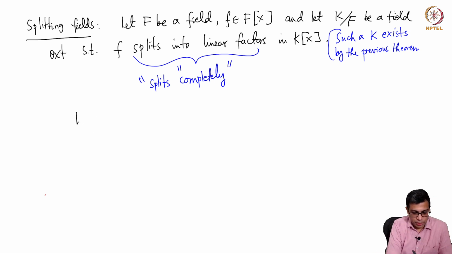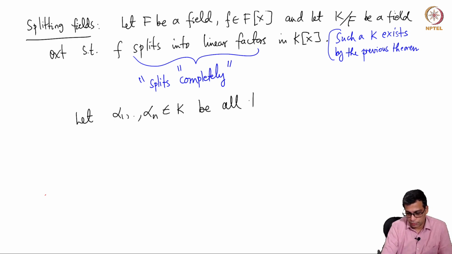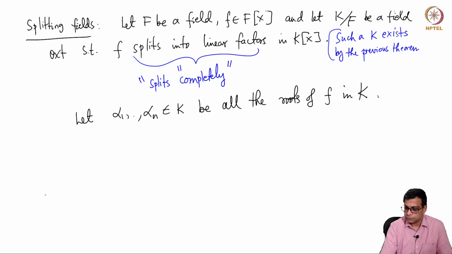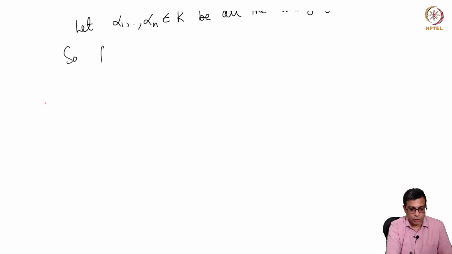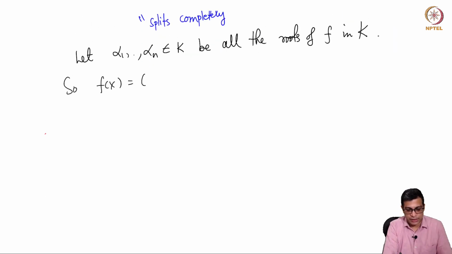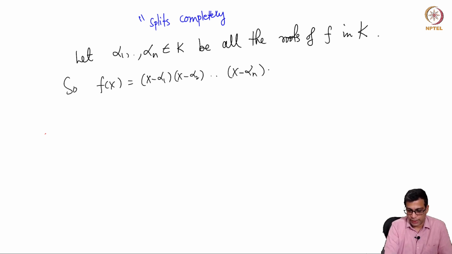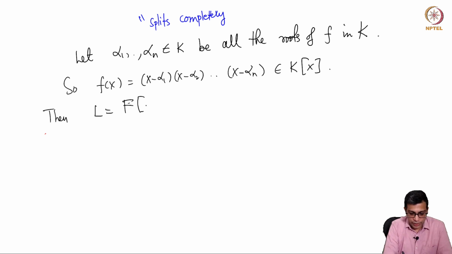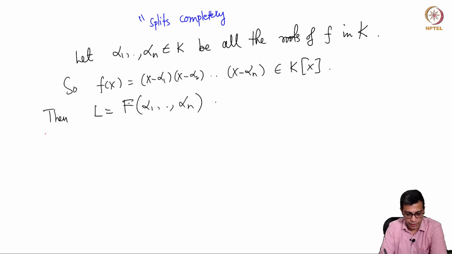Okay, so before I define that, let's say alpha 1 through alpha n be all the roots of f in K. In other words, what we are saying is that f(x) splits completely as (x minus alpha 1)(x minus alpha 2) times (x minus alpha n), and this holds only in K[x]. So then the subfield F adjoined alpha 1 through alpha n, which are clearly algebraic, so I can use square bracket or round bracket, is called